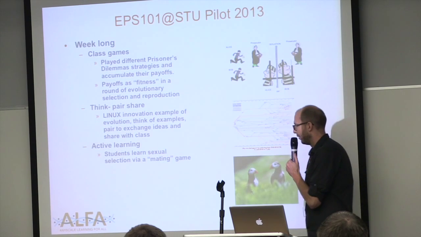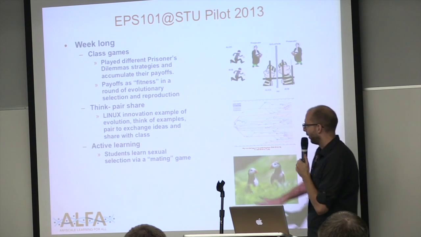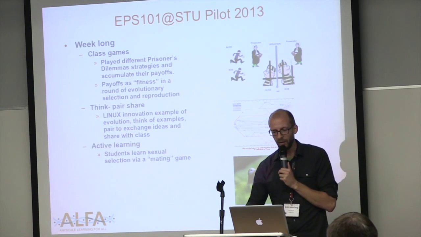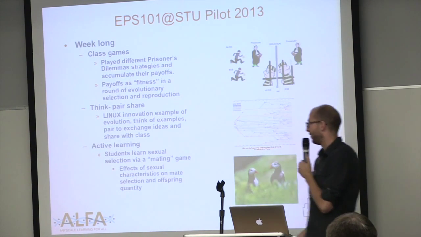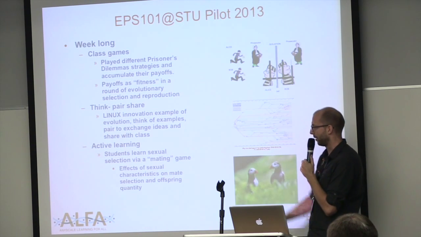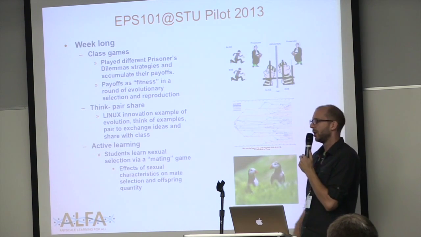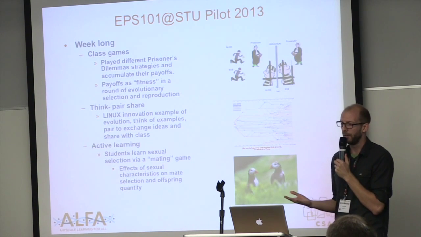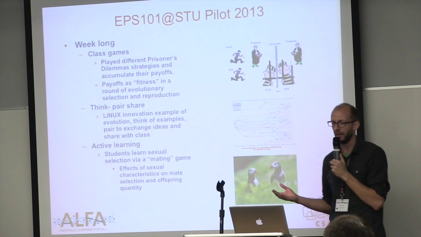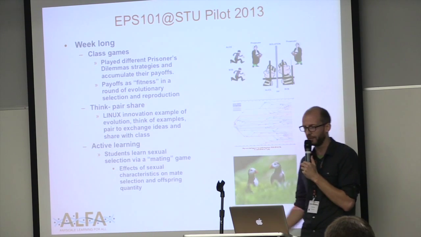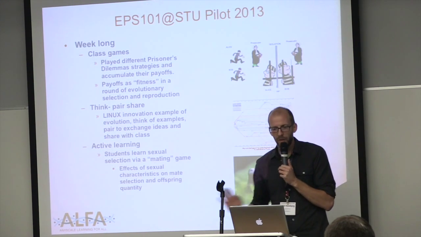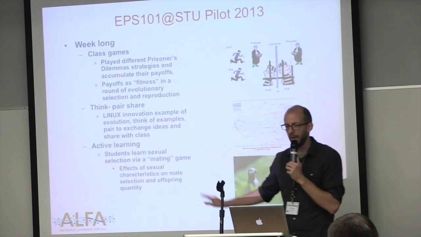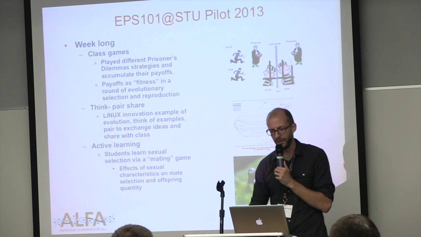And then finally, another active learning part. This was, as my colleague describes, a hoot. So we called it a sexual selection via mating game. Again, we wander around and give people a way of understanding the effects of sexual characteristics on mate selection and offspring. It's one way just to show the difference between how much you miss from putting evolution in a computer compared to what it actually looks like in nature, but also seeing the finer parts of fitness. So that's what we did the first year. We did it in the classroom, and these were the pieces that we kept. We had some that bombed out, so we didn't use them the next time.